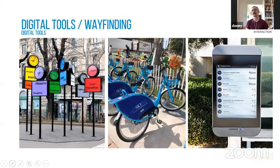So just kind of closing up with a few more looks at types of digital tools. The image on the left kind of shows a few different ways in which we could have sensors in the landscape. These kind of sculptural elements could be showing off the local time, but they could be showing off air quality. They should be showing off real-time weather. And